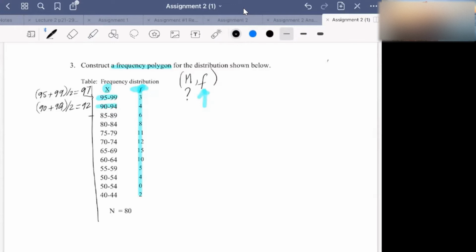So the midpoint for the next one will be 87 if you do the same thing as what we just did for the other two. And the midpoint of the next interval is 82. The next one is 77 and 72, 67, 62, 57, 52,